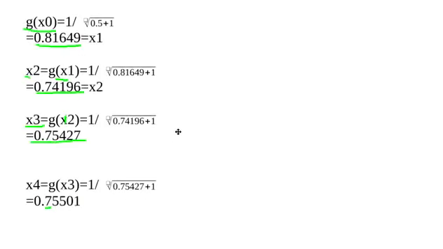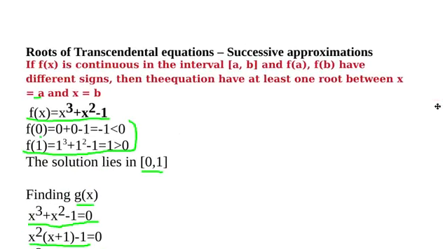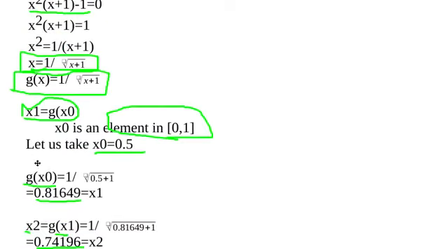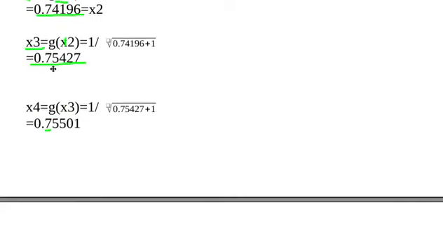This is how we will be solving the equation using the successive approximation method. That is, for each iteration we find an x value by substituting the previous value, g of x0, in the g function, and continue the iteration till we get the accuracy level specified in the question. So hope you understand the algorithm we use in successive approximation. Now let's see how we can implement this in a C++ program.